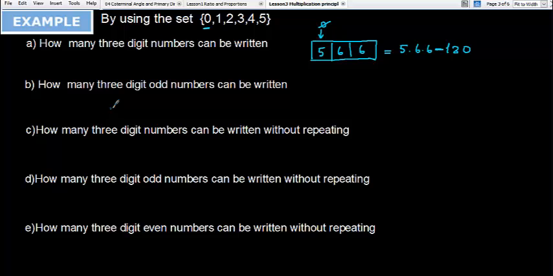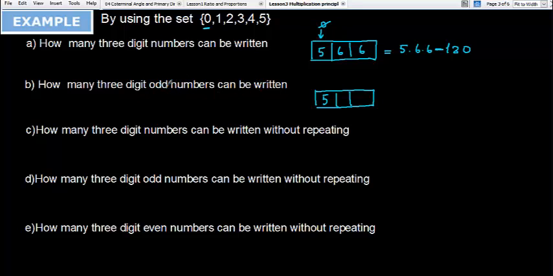Okay, how many 3-digit odd numbers can be written? How many 3-digit odd numbers can be written? So I'm going to start from the rule box firstly. So for the rule here, for the first box I can write only 5 digits here, and for the second one,